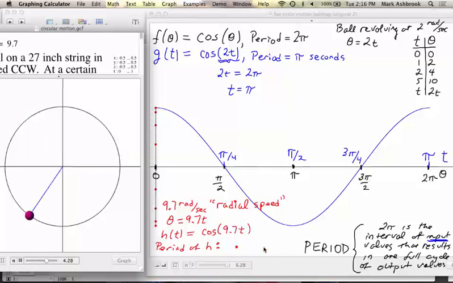To find the period of h, we're going to say, we know that 9.7 t is what? That's the angle measure. And so to get one full period of cosine, the angle measure has to reach 2 pi. Does it make sense? We need that thing, which is the angle measure. We want the time for that to reach 2 pi, because that's the angle measure. So we get